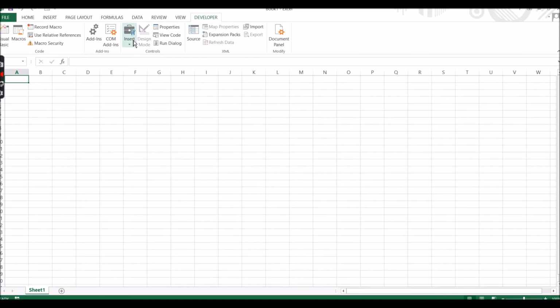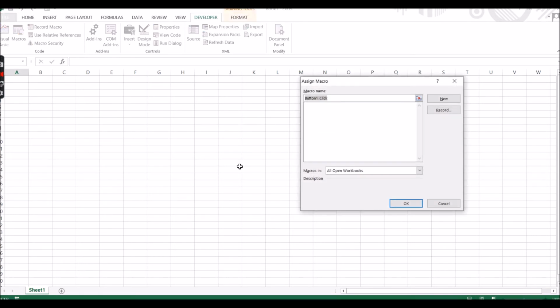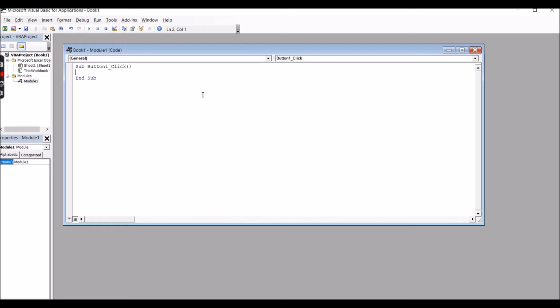In that Developer view, you have to go to the Insert button. In that Insert tab, you have to go to the button. Just create the button like this, with Button1_Click. Now go to New. When you go to New, it will give you a Sub Button1_Click.